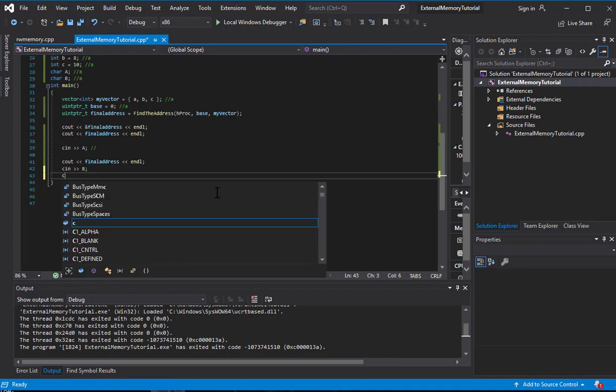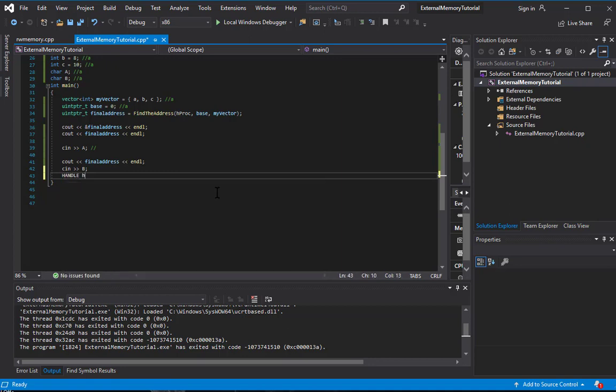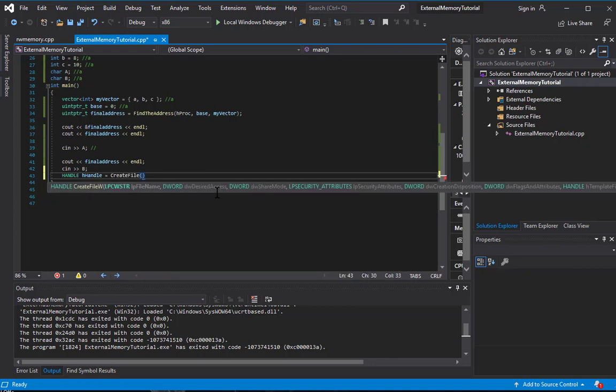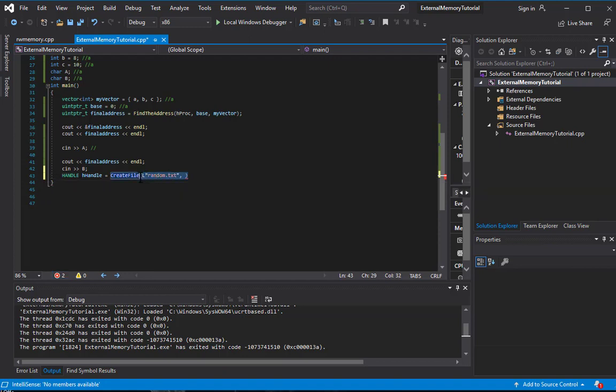And if you have any handles, say I open up a handle equals, let's just do CreateFile, random.txt. I forgot the command, so anyways, let's say we create a handle. Let's just say the process is running, and the handle was up. If we do not close this handle, if we don't close this handle,